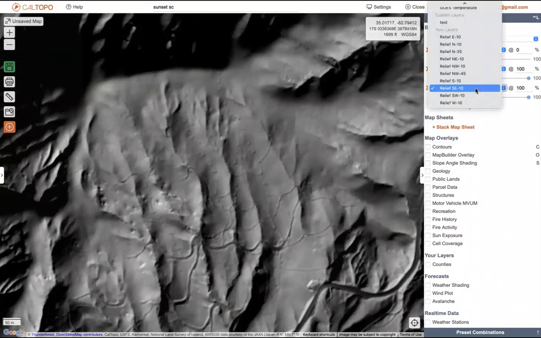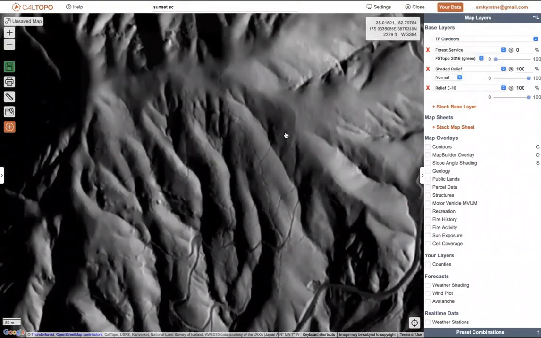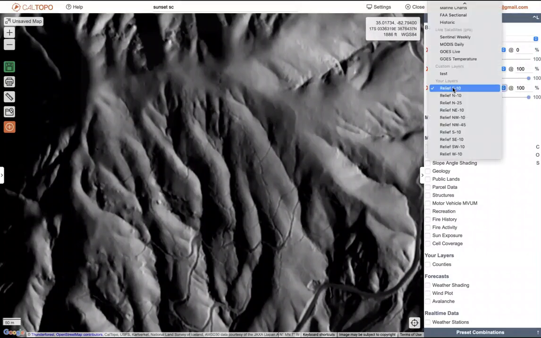But you know, it's interesting because a lot of times you'll see part of a logging road in one view, and then when you switch to another view, you'll see another segment of it. And so even if you can't see it in one, if you change the light source around,